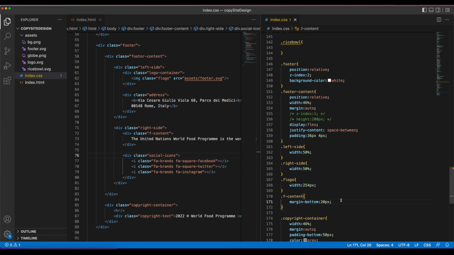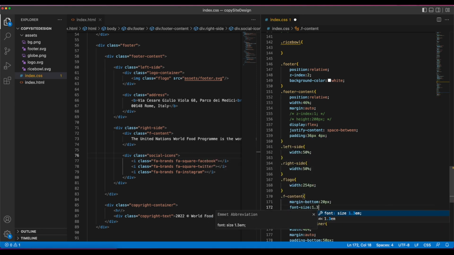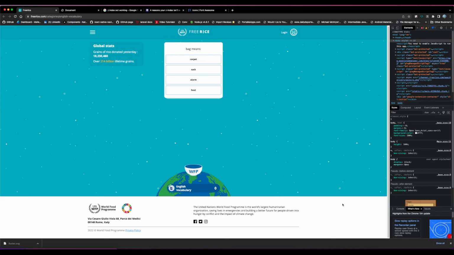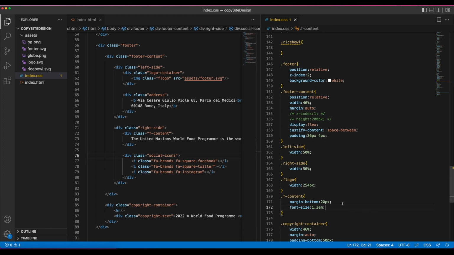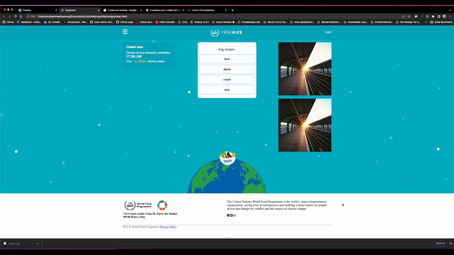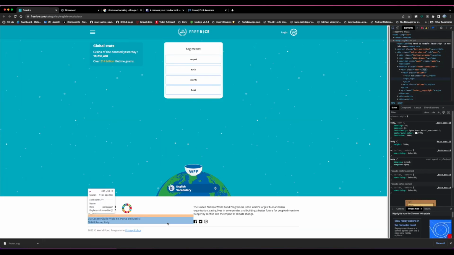I think it's the font size that's making it look small, and that is too big. Oh, that's alright. There's just a bit of extra space here which I can try to get rid of,